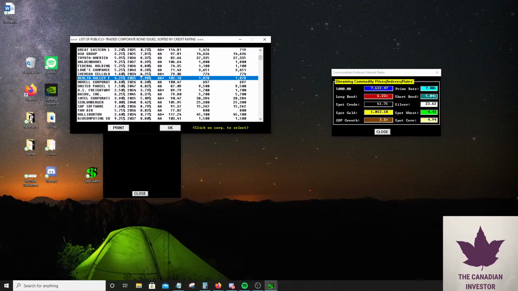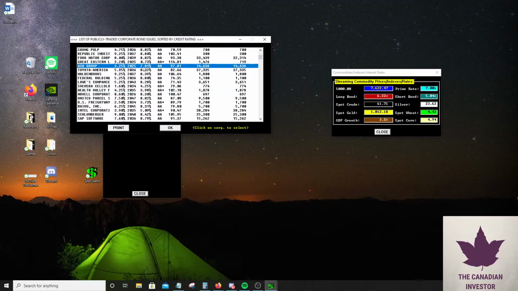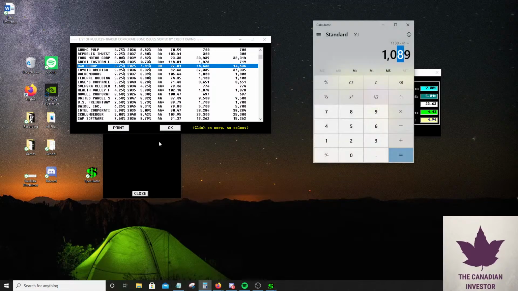Where are some good ones? 2025, AXA Group. Currently pays 7%. And it's until 2025. So we did 9. So if you want to calculate the actual interest you receive, because 7% is misleading, I'm pretty sure what you do is 9 divided by 12. Oh, 9 divided by 12. You get that much. So times 0.0781 times 100.